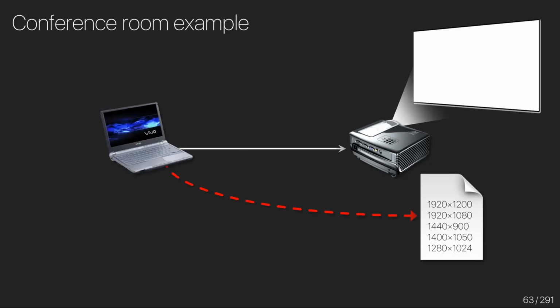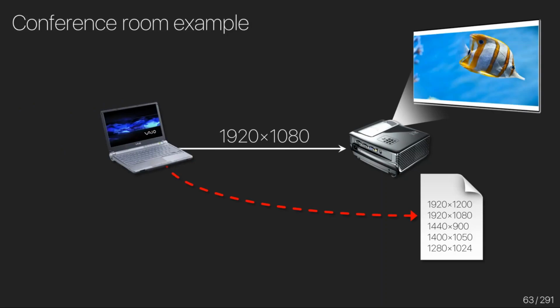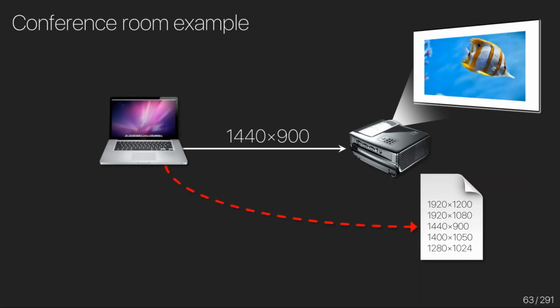Well, let's say your partner comes in, he's using this Sony Vaio, and the desktop background of the display built into the Vaio is 1920 by 1080. So it's going to want to use that resolution, and it picks that option from what's available. Someone else comes in with this MacBook, and the built-in display resolution is different again. So it is 1440 by 900, and it's using up even less of the display, and you get this white